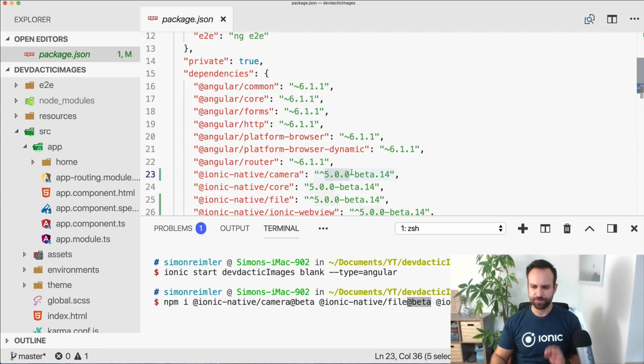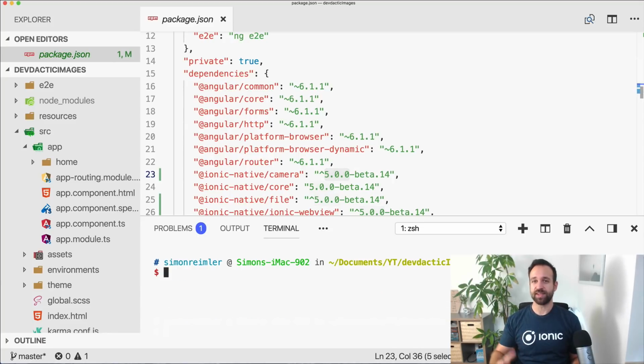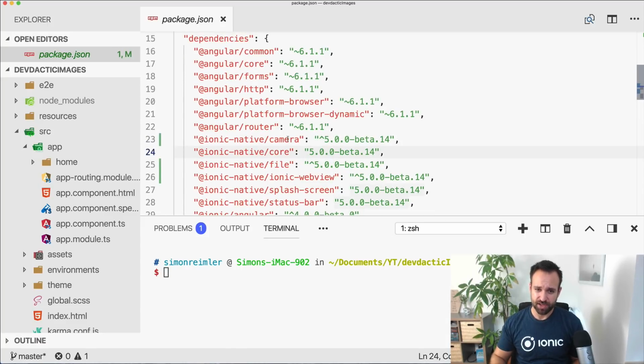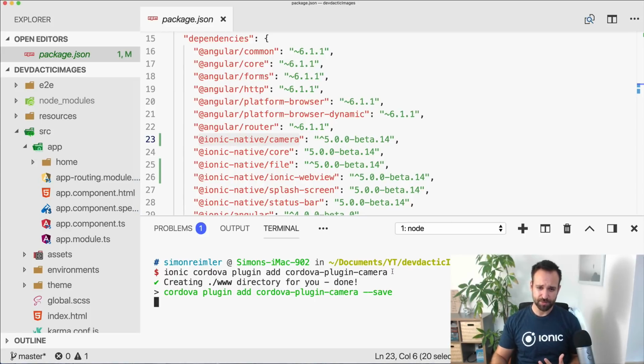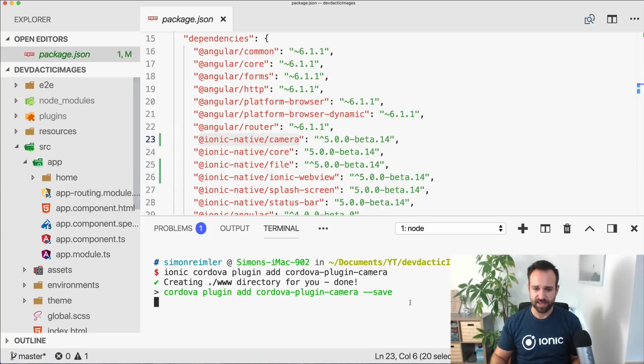with Ionic 4. So perhaps this video appears later or it exists later. Therefore, you might just need to install the standard package once they are released. And also, of course, make sure to add all the according Cordova plugins. So that means we need the camera plugin, we need the file plugin, we need the web view, and we